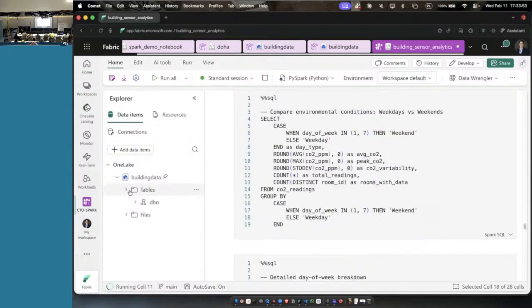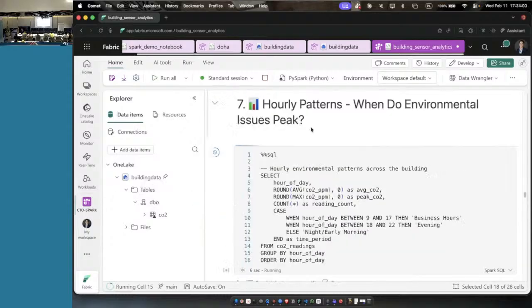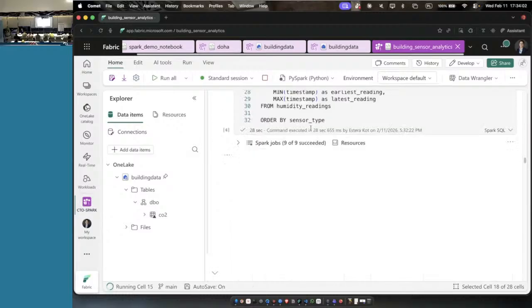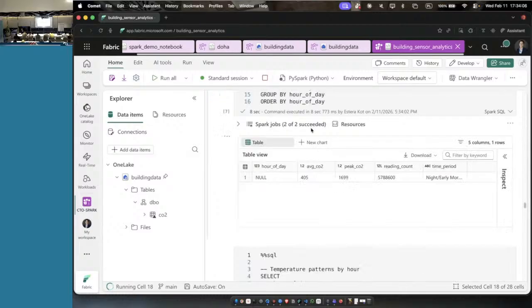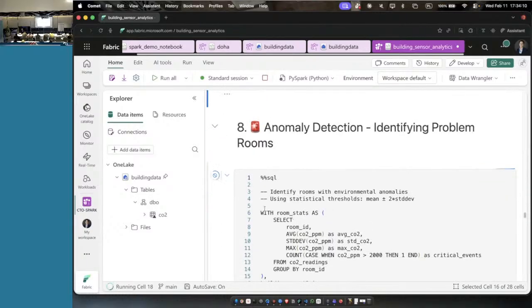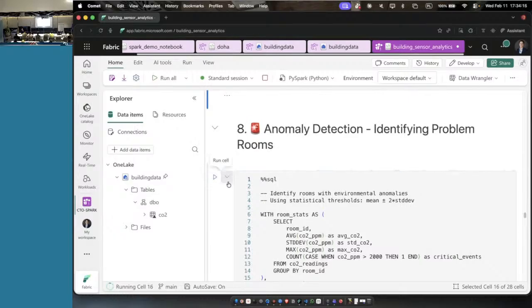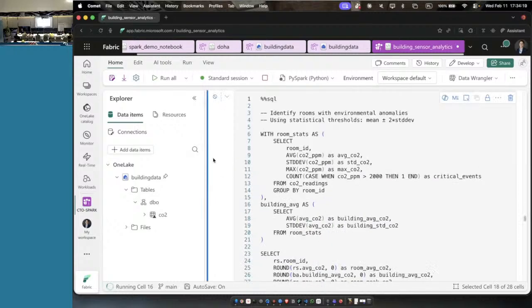I've seen that the code was also about creating some tables. Let's take a look at what's happening here. Okay, some computations. Let's go back. I'm running all of them. Let's see at the end. I expect that at the end, I will get some dashboard that I could sell and show that, yes, there is some knowledge coming from the data.